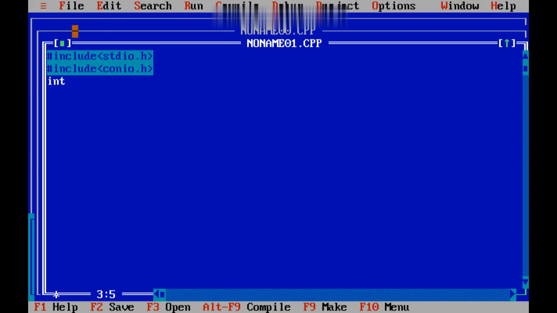Integer, as I want my return value as integer, factorial of a number. So factorial of int. So it is my declaration. So after this, I will write my main function.